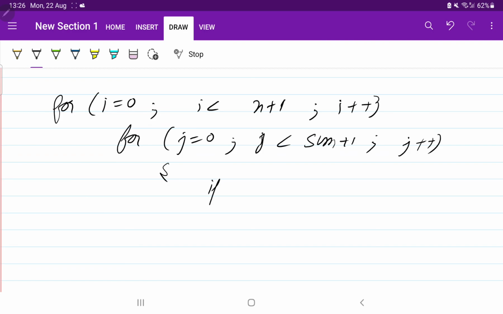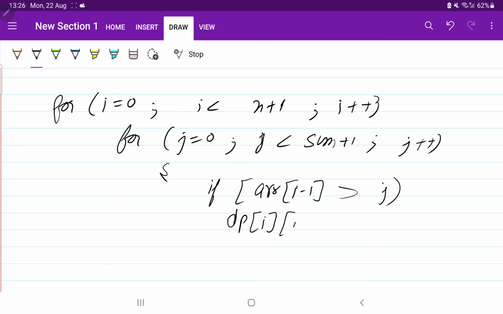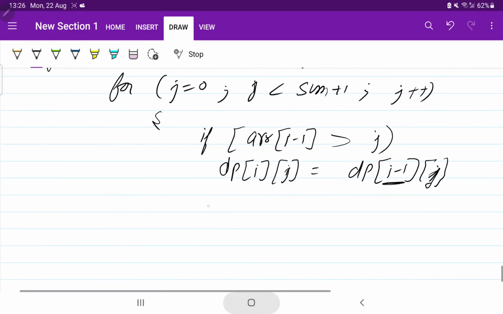Then if array of i minus 1 is greater than j, what you are going to do is leave that element. So dp of i comma j will be equal to dp of i minus 1 comma j. The i minus 1 means we are going to leave that element and not take any decision on that element.